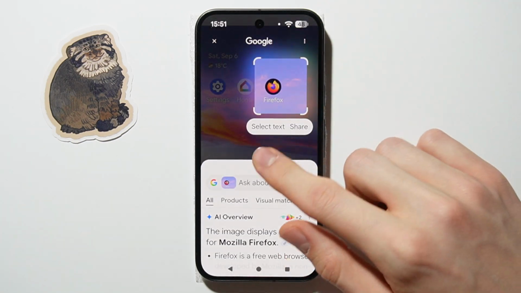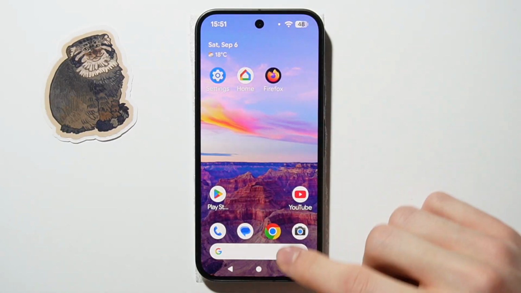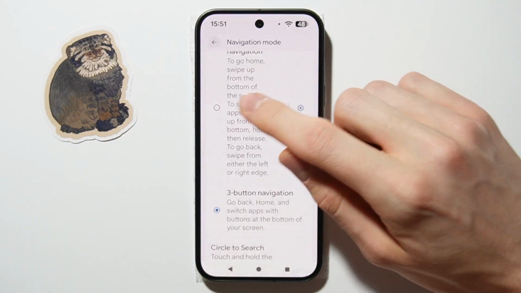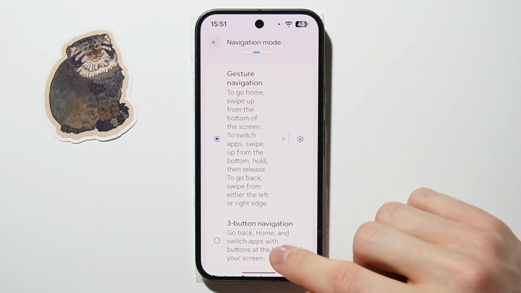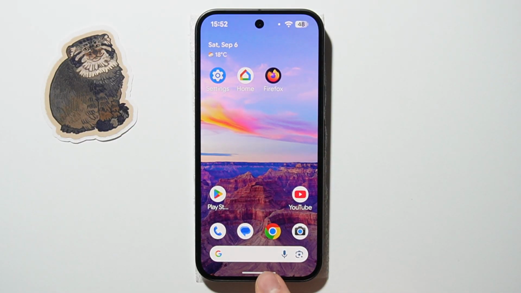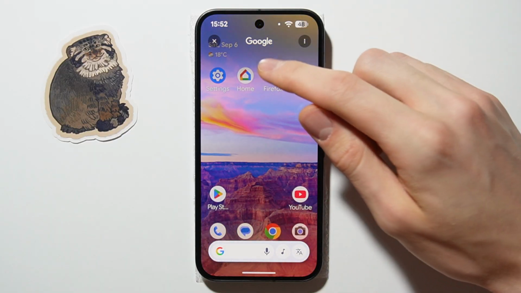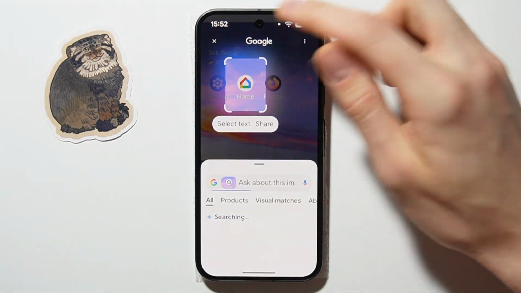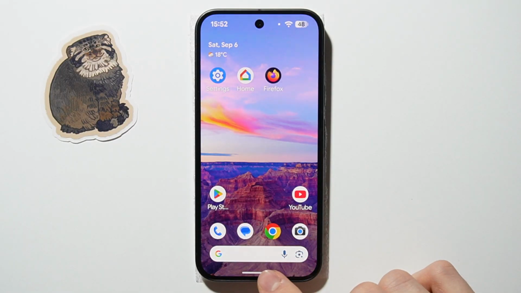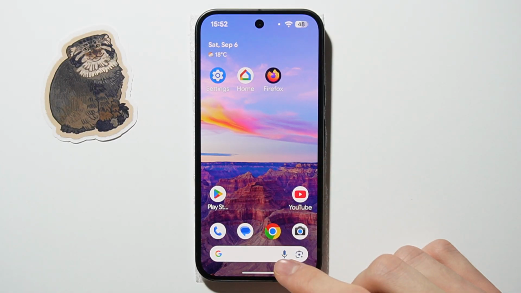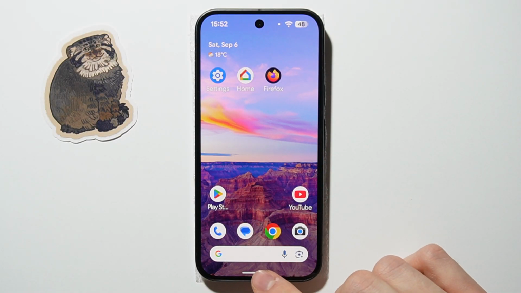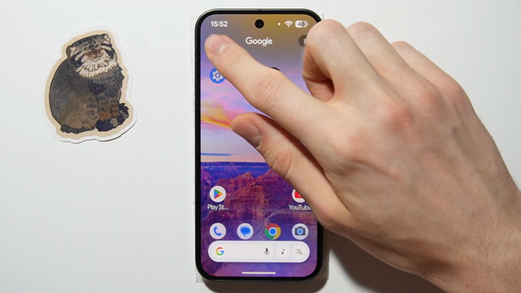If you are using gestures navigation, I will show you how you can use the Circle to Search. You have to simply hold on this bottom line like that, and you are also able to use the Circle to Search. If nothing happens, if you are holding on this line or on the center button,